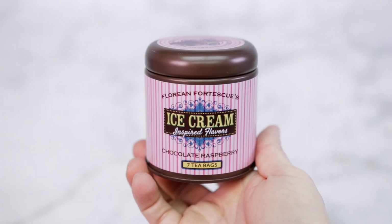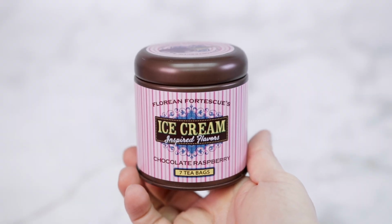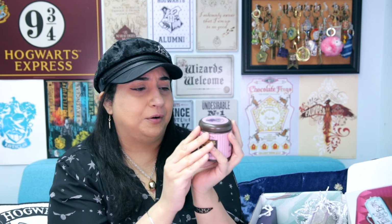Alright, next I've got a little tin box here. It says Florian Fortescue's ice cream inspired flavors, chocolate raspberry, 7 tea bags. Oh, I love tea. And I have a thing for tin boxes, like tin containers. So this is really speaking to me, and I love that it's kind of a replica of a Florian